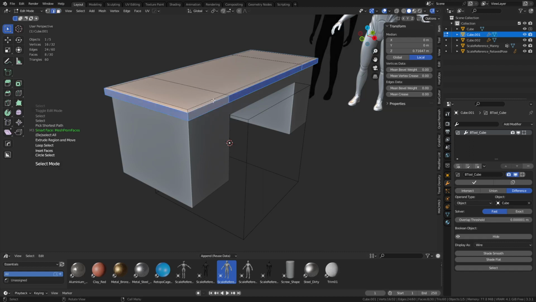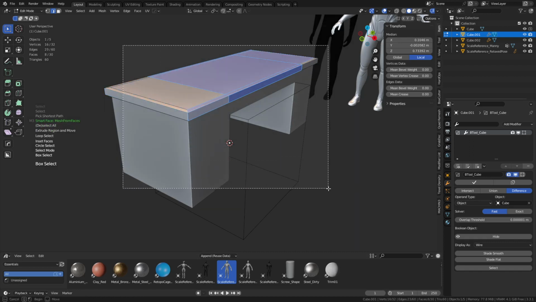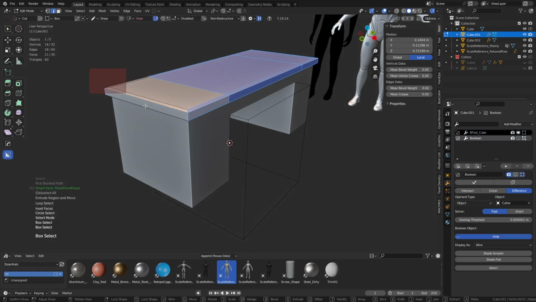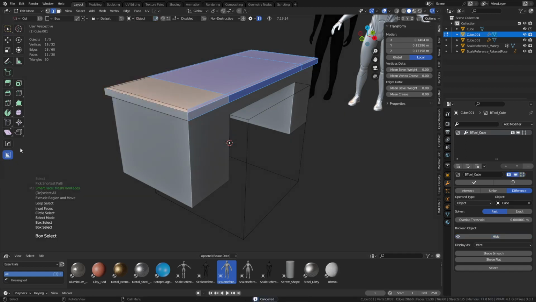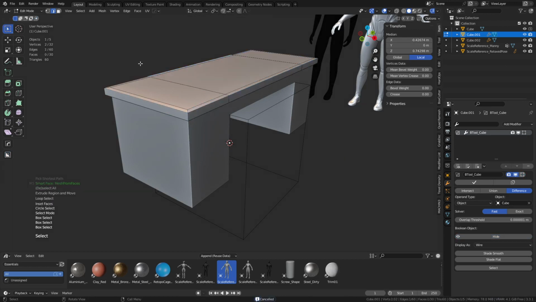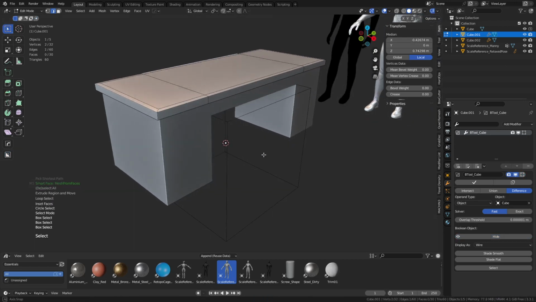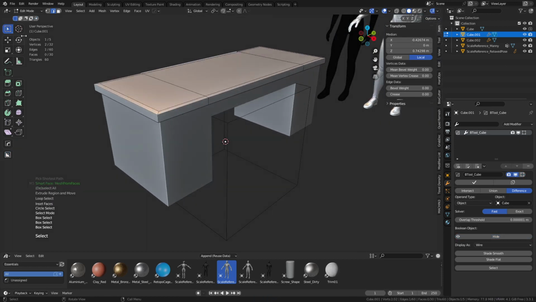So if you wanted to do the box, you just have it selected already. You can still do the box, no problem. If you had a box cutter on, of course you would be drawing a box. So usually you want to turn box cutter off as much as possible, like when you're not using it, turn it off. It's going to cause problems. But if I wanted to use that lasso selector, it's Control right click. Use the lasso selector that way. So if you want to just circle something,